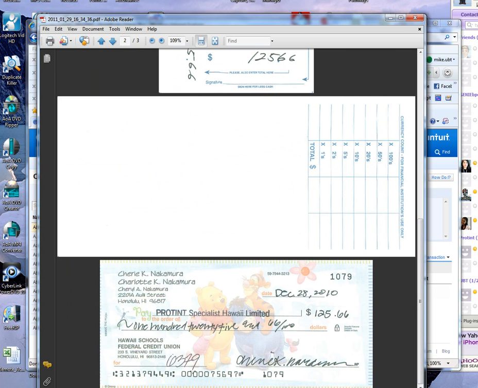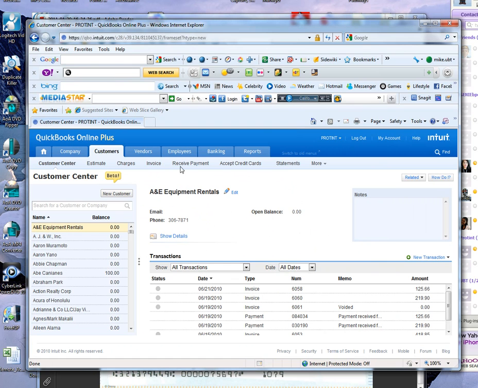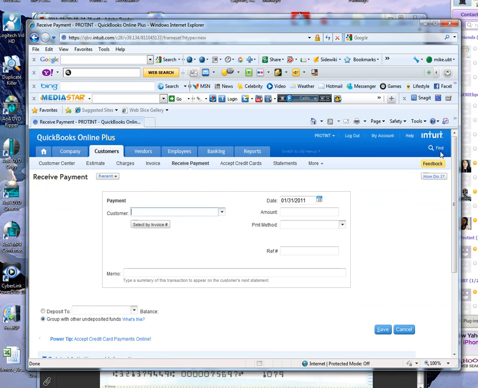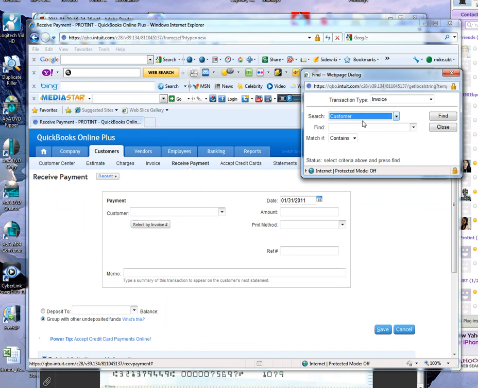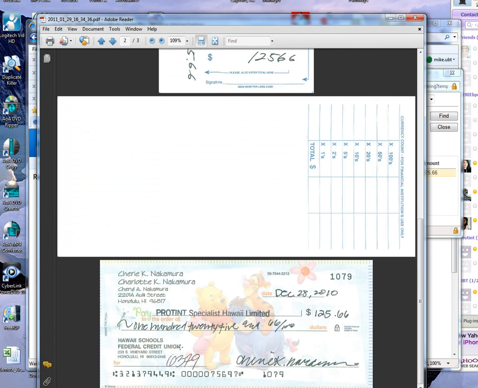for invoice 6379. So the first thing we want to do is, under customers, go to receive payments. Now the easiest way is to click on find. That'll open up this window. We're going to choose invoice, choose invoice number, and then type in the 6379 and click on find. Now that 6379 again is on that check here. So when we click on find,